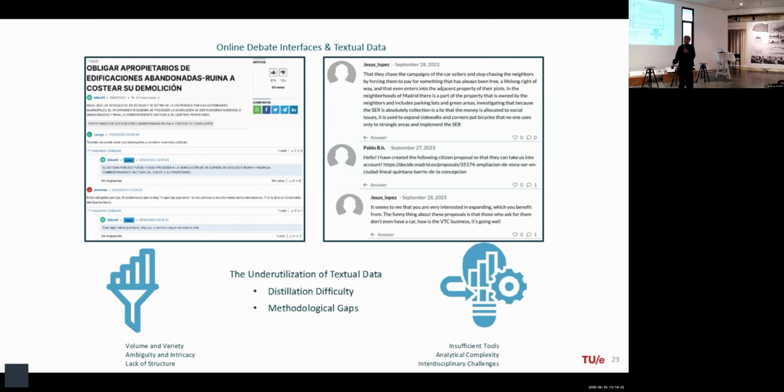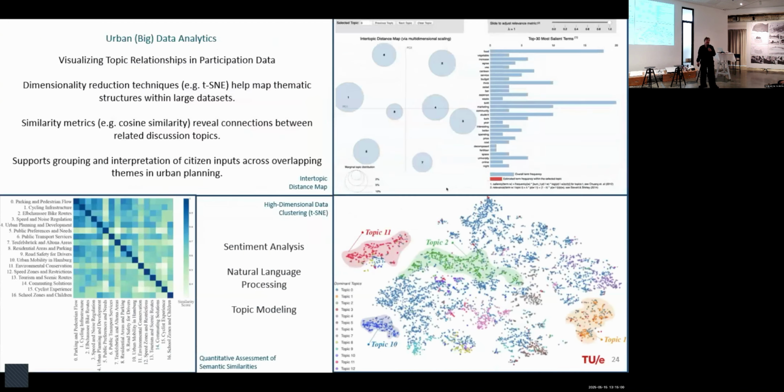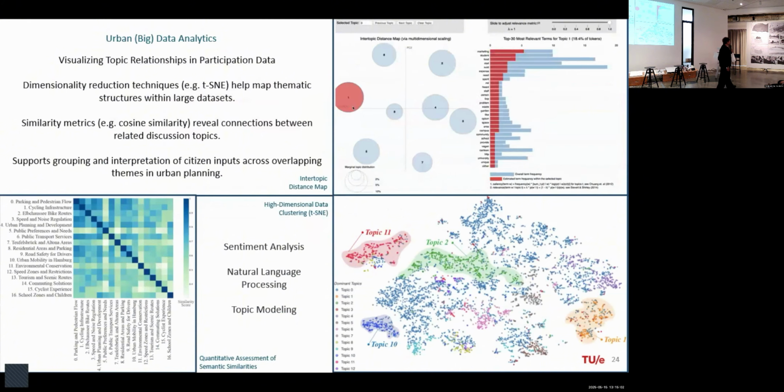So he joined a conference where there were representatives of many of these municipalities, and he interviewed some of them. He asked them what they do with this data, and the response was, unfortunately, not much, because it is a huge amount of data which is collected, but how then to make sense of it and use it to help with the planning or design decisions is rather unknown. So he decided to